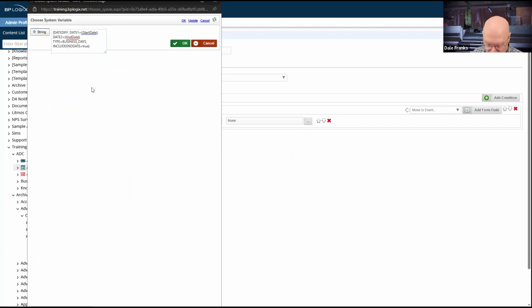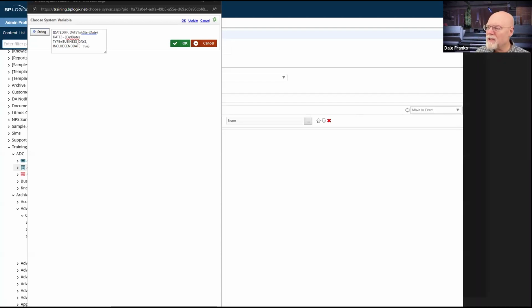That may be hard for you to read, so let me open up Visual Studio Code so that we can see it larger than life and see what the text of this date diff field is.